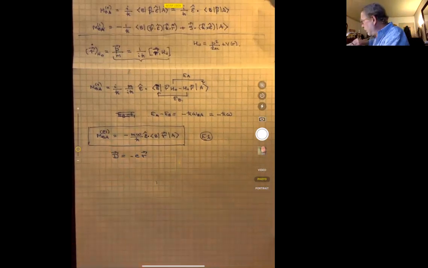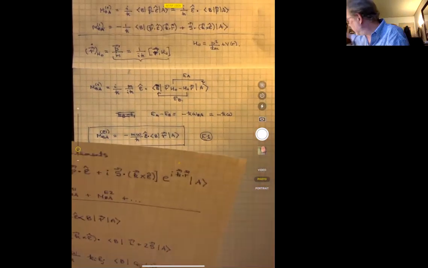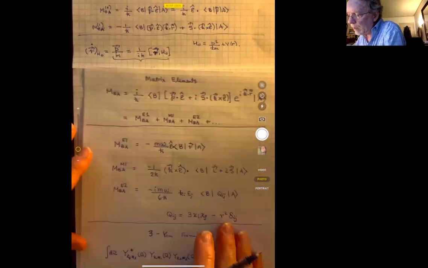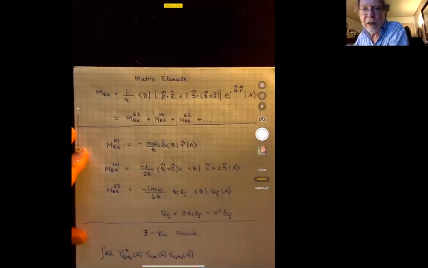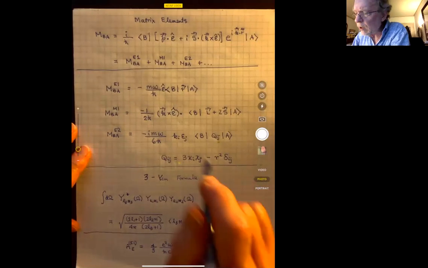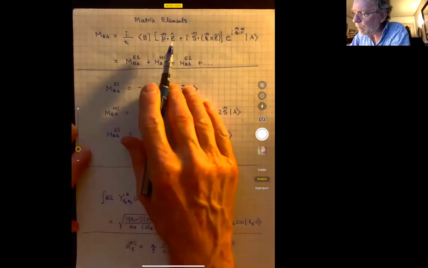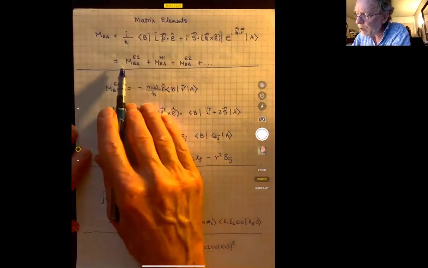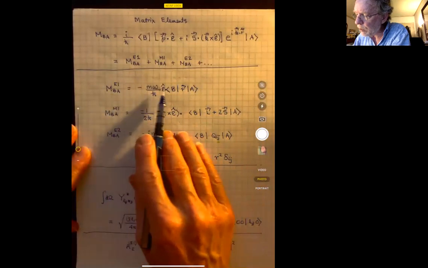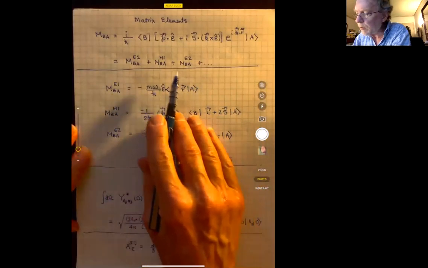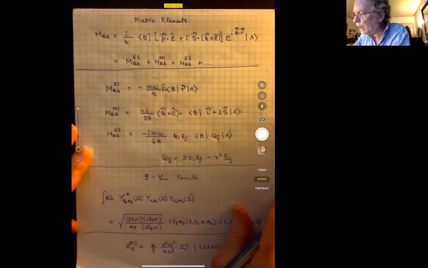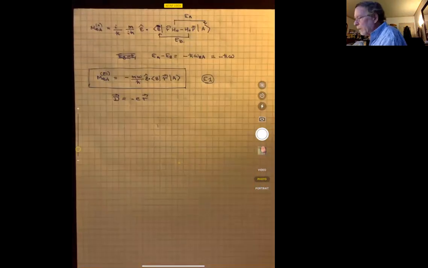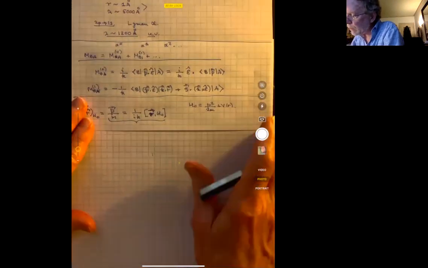Somewhere here I'm accumulating a summary page of these results, and here it is, a matrix element summary page. Here's the overall matrix element. We expanded it out in powers of alpha, and the leading term is this M_BA E1, which I've reproduced down here. Here's the formula for it. Now it turns out there are other contributions too, and I want to come back to that now. So that's the first part. Now to get the rest of this,